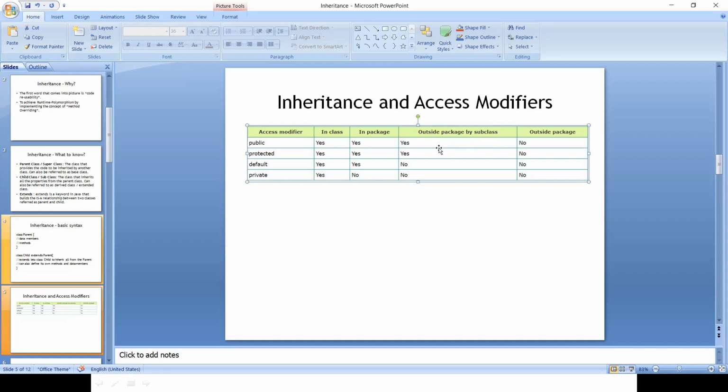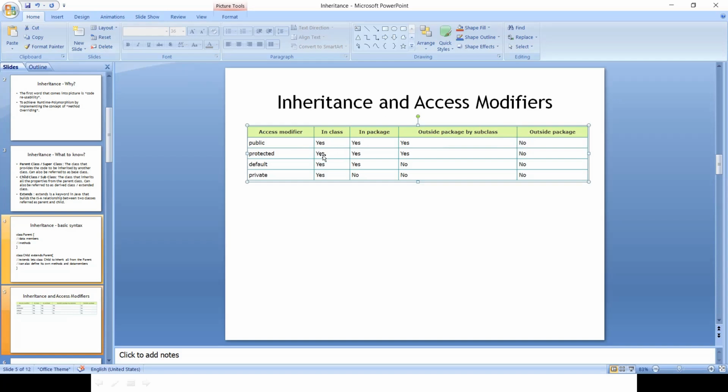Though they are in two different packages, because of the extends keyword, it lets you use it. But normally, when a class is public and they are two different classes in two different packages, you cannot access it. That is the difference. Here it's with the extends keyword that the child class is inheriting the parent class, but the other case is talking about two different classes in two different packages without any inheritance between them.